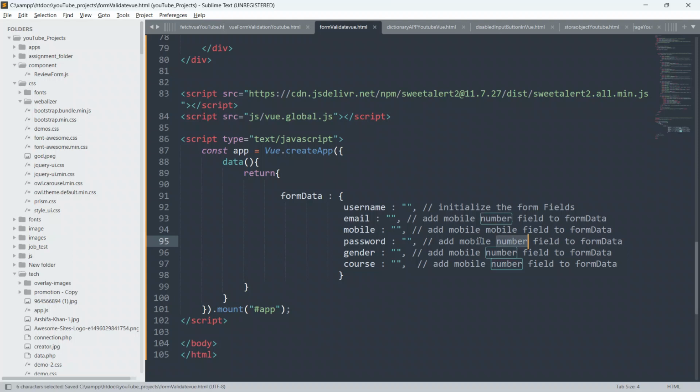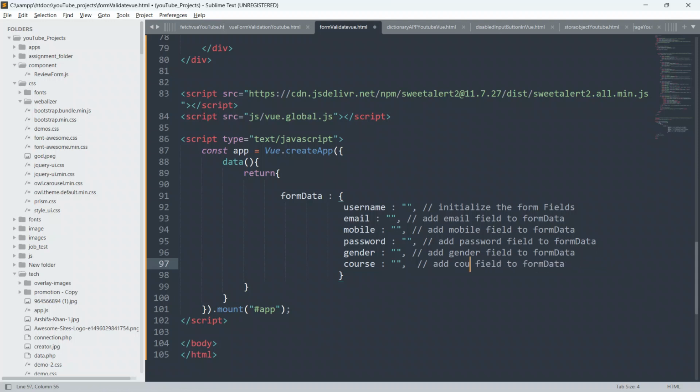change this to email, and change this to mobile, and email, or password, and gender, so gender, and just course.